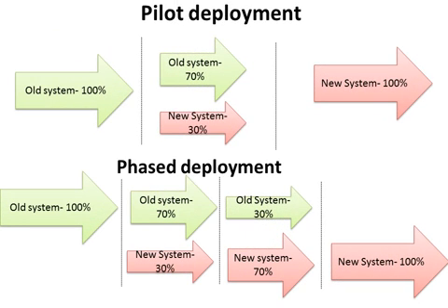Pilot deployment. Here the newly developed system is used in a selected area. If the new system is a success, it will be applied to the whole area. Then the other one, phased deployment. Here the system is applied stage by stage, and success with each stage leads to the next, in completing the new system.